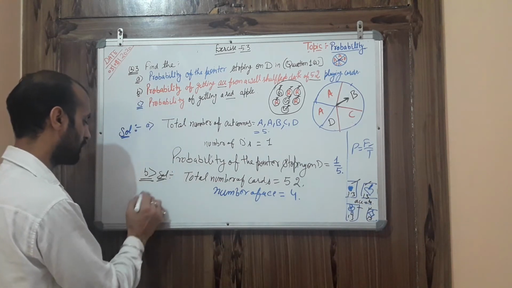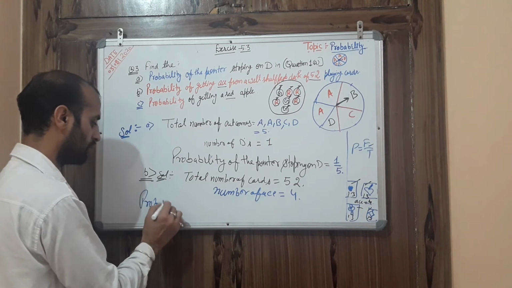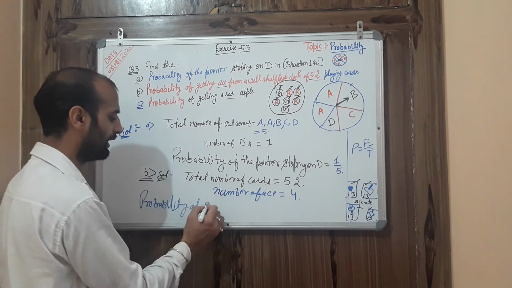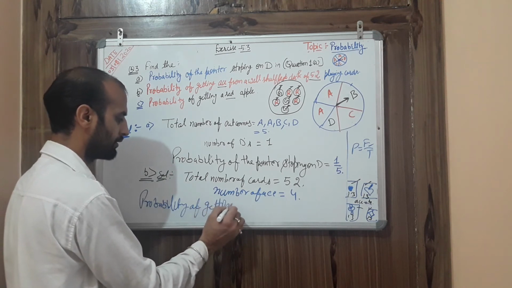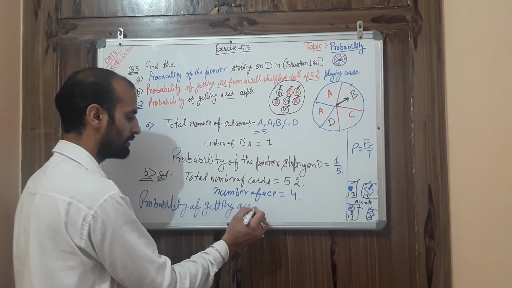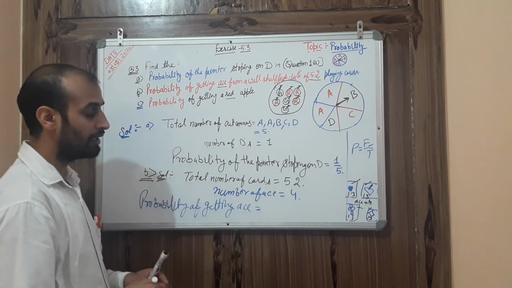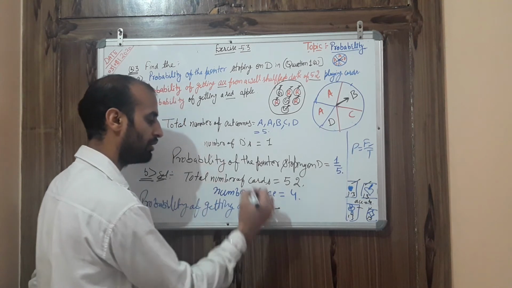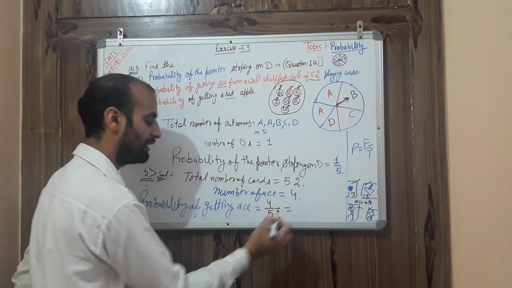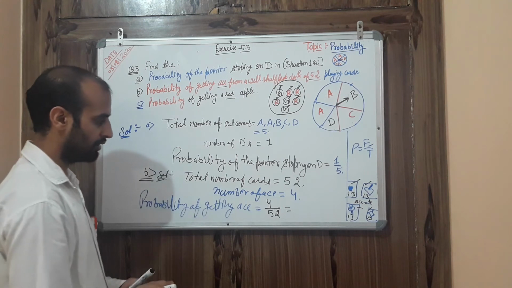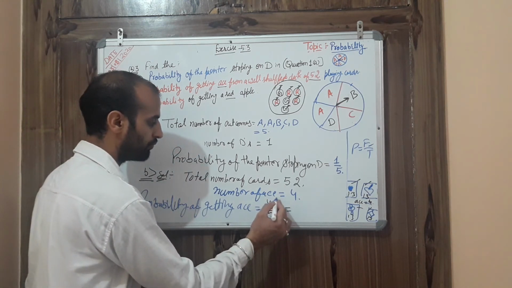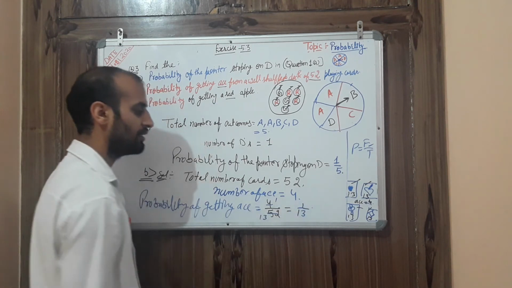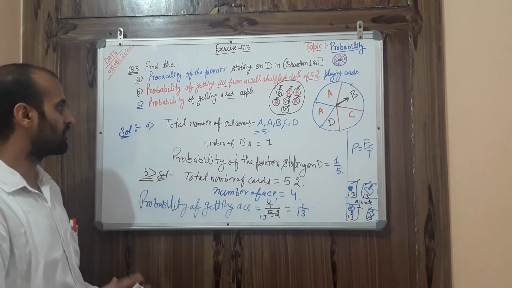So next we need to write the probability. Probability of getting an ace is equal to what? I told you first we need the aces, so write that in the numerator. The denominator is the total. If anything can cancel, cancel it out. 4 ones are 4 and 13 fours are 52. So you will get 1 upon 13 as the answer. In this way you can solve two questions.